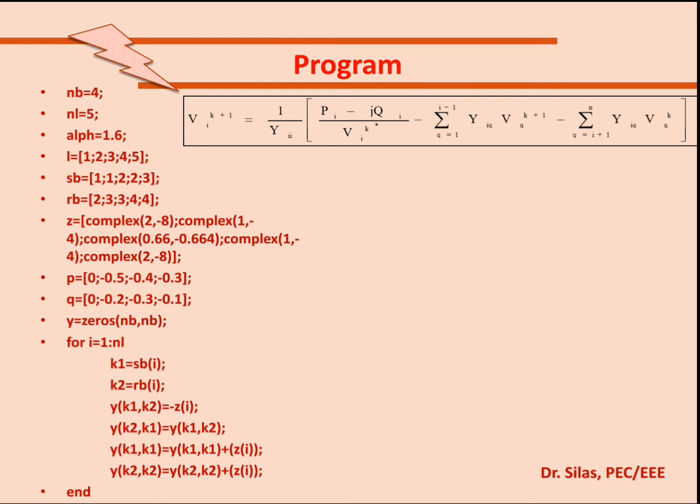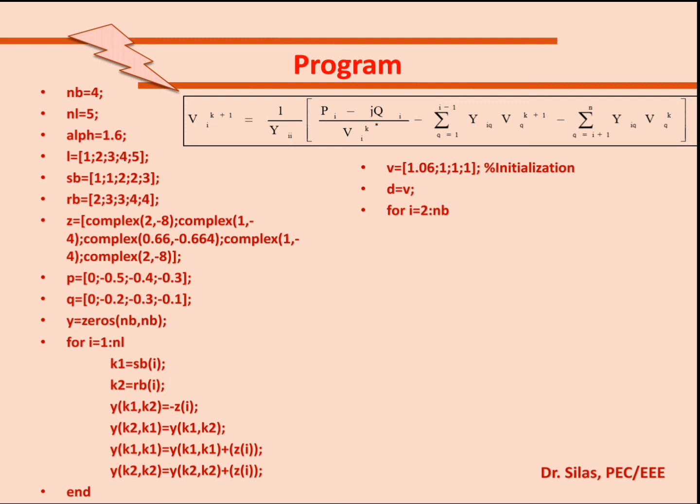Now for determining it, initially we have to go for the initialization process. So I do the initialization at this step. V is equal to 1.06, as it's a slack bus, I am writing the specified voltage. The remaining 3 buses are load buses. So I form a voltage vector with parameters 1.06, 1, 1, 1. So the initialization is over. Next, I am keeping the value in another variable.